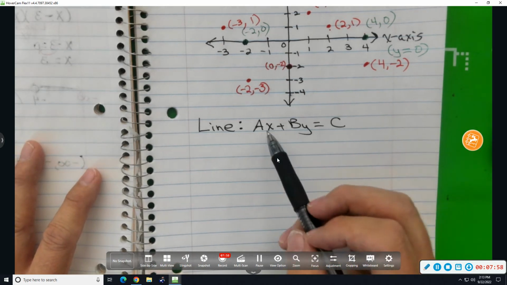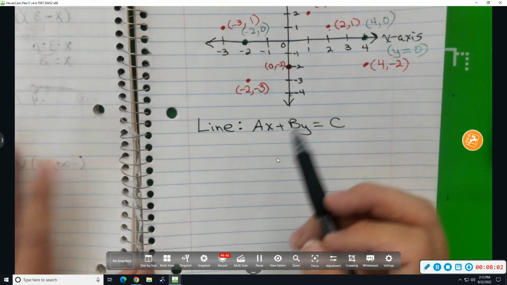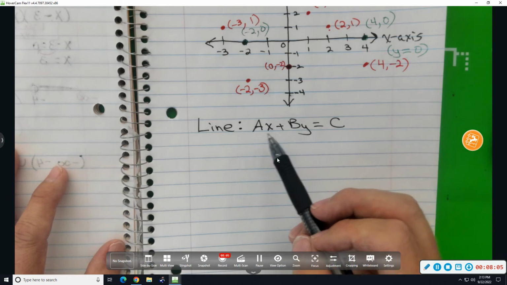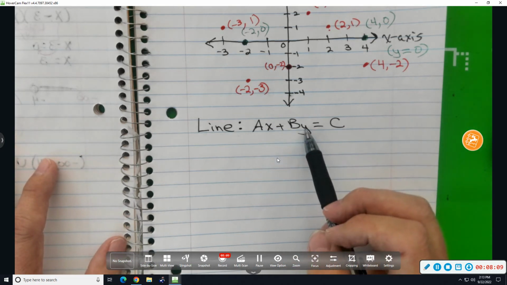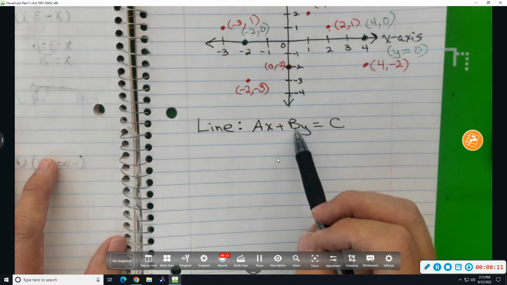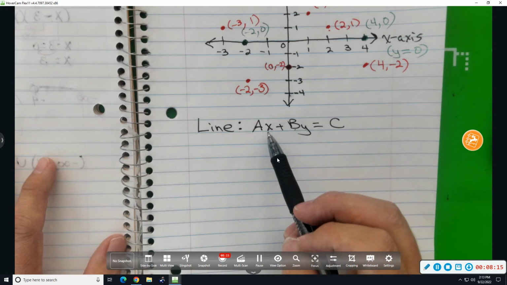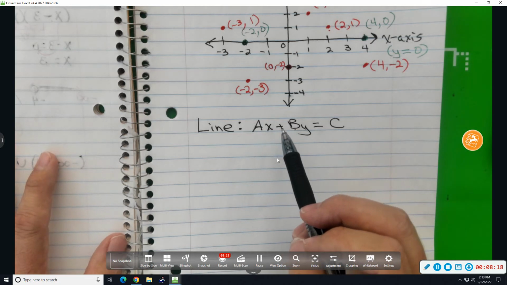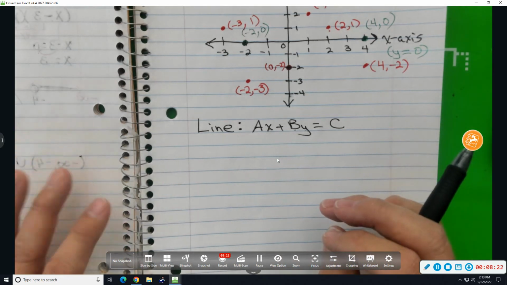Notice you just have x's or y's. Technically, you could only have one of them. If the coefficient of x is 0, you'd only have a y. Likewise, if the coefficient of y were 0, you'd only have the x variable. But you can't have x squares, you can't have square roots, or absolute values appearing if the graph represents a